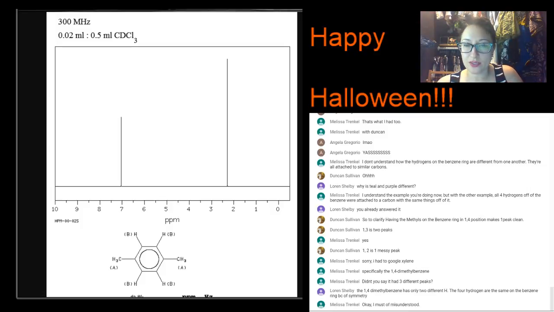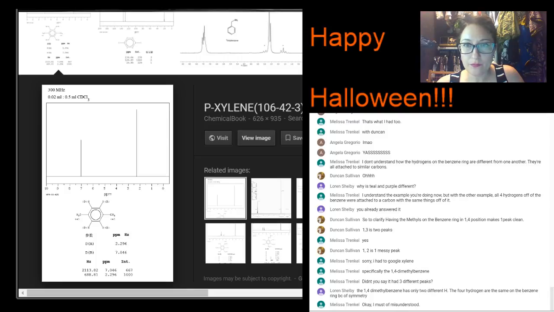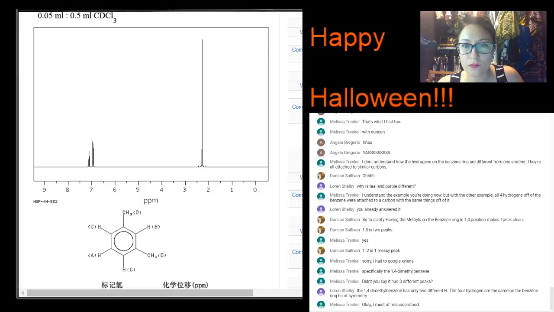But so that was the 1 and 4. That is the 1 and 3, where you get that one hydrogen that's stuck between them, which would be that one right there. And then these other 3, they're not equivalent to each other. They're just kind of on top of each other, making a messy multiplet there a little bit upfield, around 7,